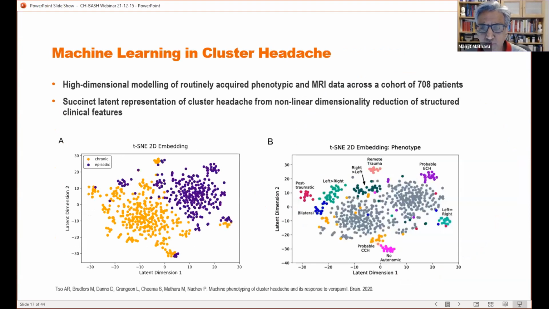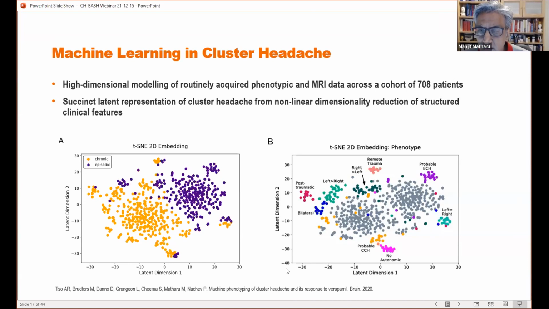Now, one of the things we've been interested in is machine learning and what it can tell us about cluster headaches. What we did is we looked at over 708 patients who were deeply phenotyped. We had 78 specific characteristics. We looked at them and decided to ask, are there any clusters that actually stand out within these patients? So these maps, to give you some bearing on this, imagine that you've got 76 dimensions